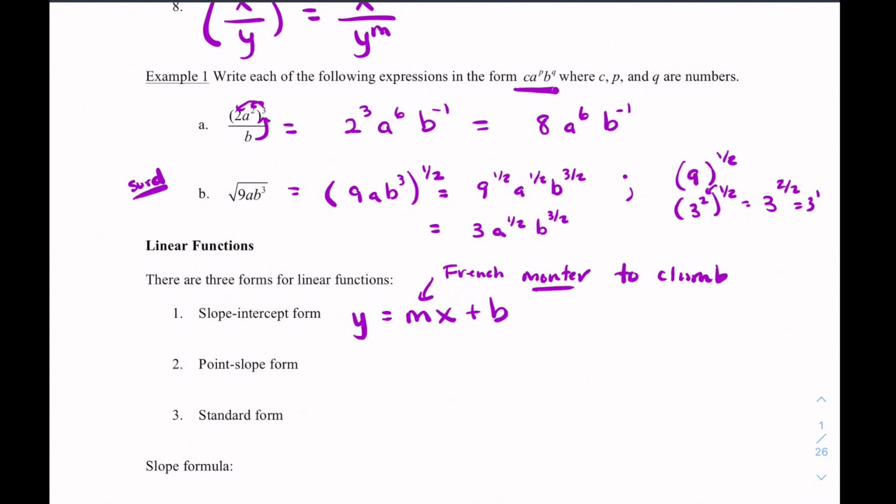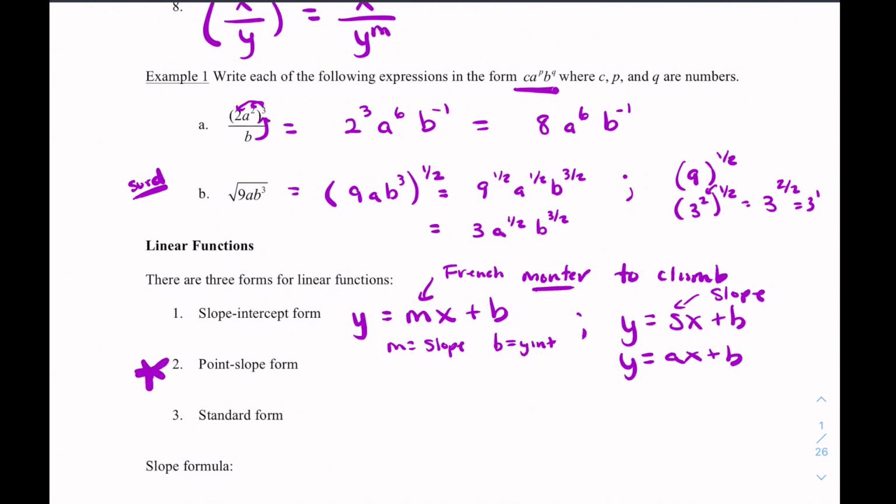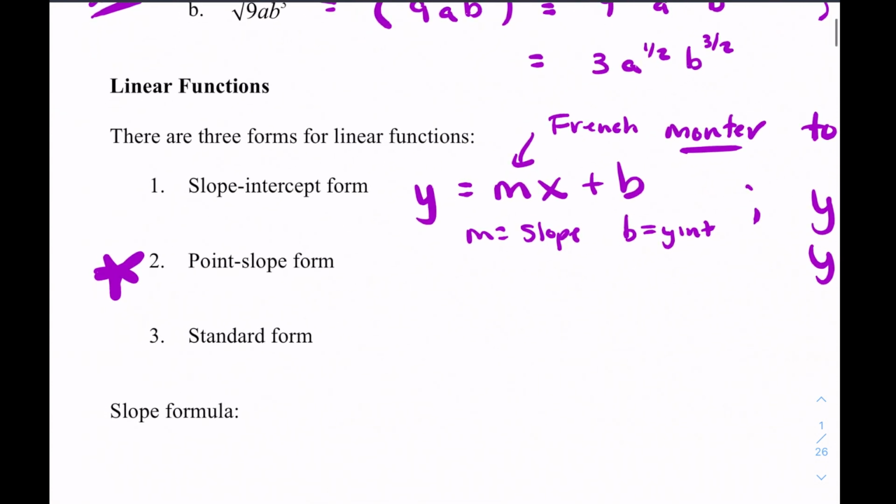The funny thing is, if you were in France, they use y equals sx plus b, where s stands for slope. And if you took a stats class, you'll see this as y equals ax plus b. All of these are for the same thing, where m is the slope and b is the y-intercept. Pick your poison. The one that we use most frequently in calculus is our point-slope form, because what we're going